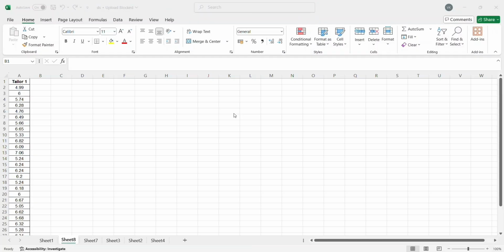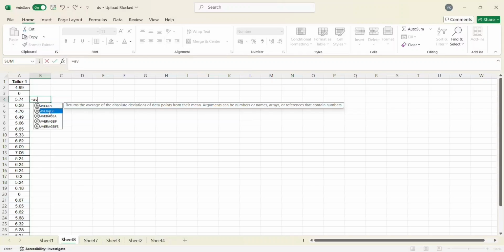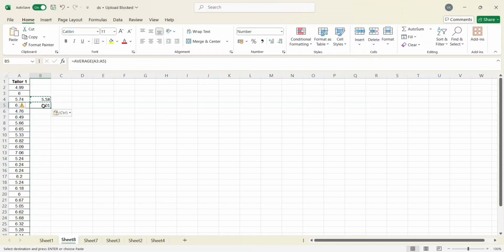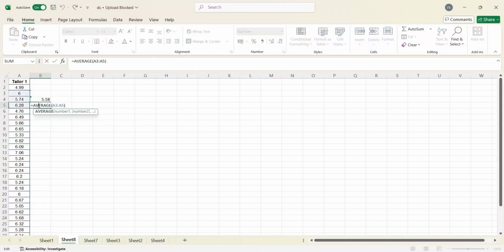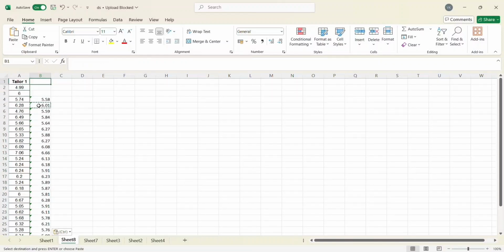As I was explaining in the introduction, the video is about how we can calculate moving average with the help of the data analysis plugin. But before we use the data analysis plugin, let me show you how we can calculate simple moving average with a simple Excel formula. So I say equals AVERAGE, and I select my first three data points. Now if I copy and paste it, this will give me the average of the next three data points. And similarly, if I copy and paste it for all my cells, I will get the average with n equal